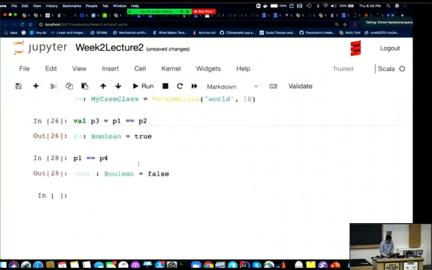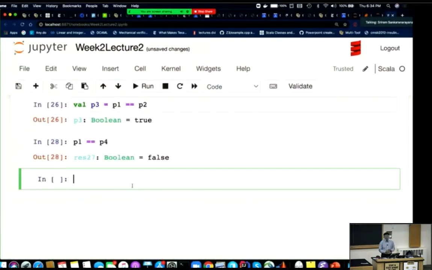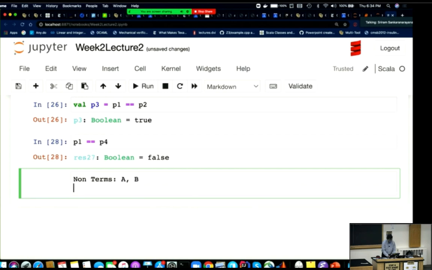So let me take a more complicated grammar and try to do it for a slightly more complicated grammar. So let's do this other grammar we were writing. So let me write that grammar down. So that grammar had non-terminals A and B. Those were the non-terminals. That grammar had terminals